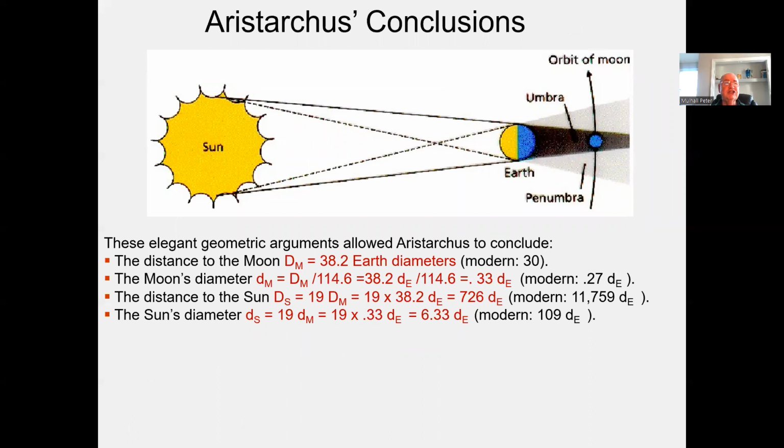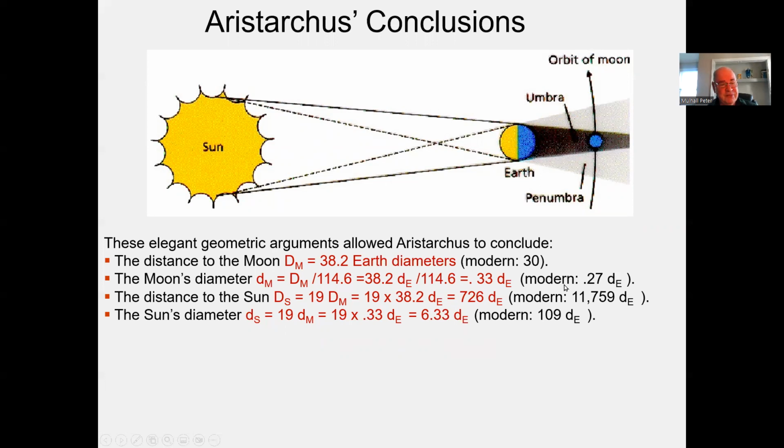All right, so that's it. He's got his 6 equations. He's ready to just go ahead and calculate all of these different values, the 4 that he's interested in, in terms of the diameter of the Earth. He finds, as the first one, the distance out to the moon is 38.2 Earth diameters. The modern value is 30. He finds the diameter of the moon to be 1/3 of the diameter of the Earth. The modern value is a bit more than 1/4. His moon numbers are quite remarkable,